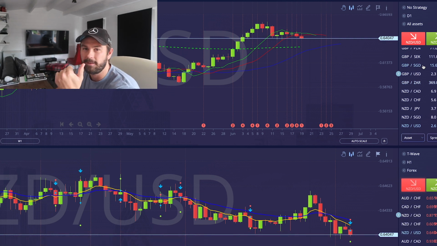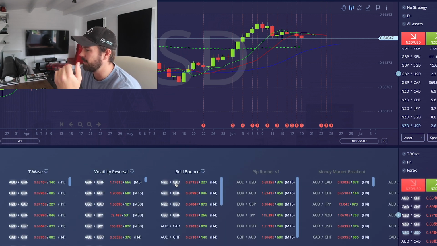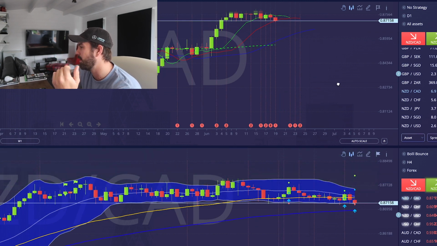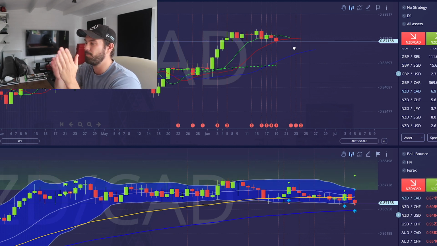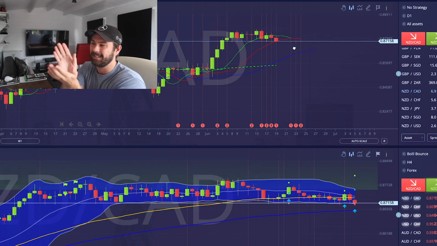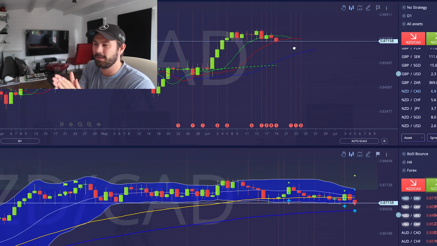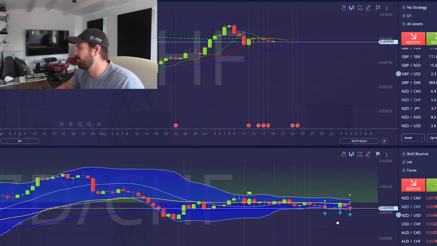I like to do this on the 180 phase changes and the T waves, and maybe on the Bollinger Bounce because it's basically the same thing, and the same rules apply. It's saying we should buy, but the green line has bent down and touched the red, so if the lines are touching each other, I walk away. I want that mouth to be fully open in a clear direction. I don't want it to be, it could be this, but it most likely will be that. I want it to be 100% going down or 100% going up, or I'm walking away. You don't need to feel pressured into making any trades.